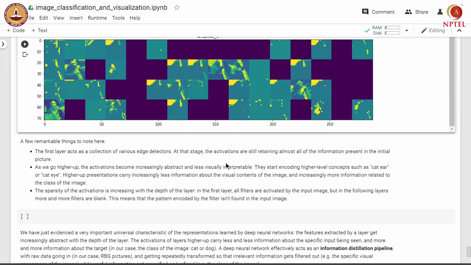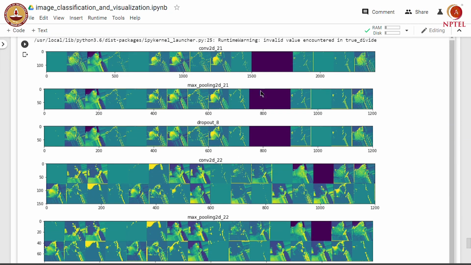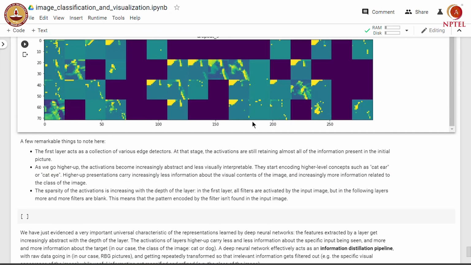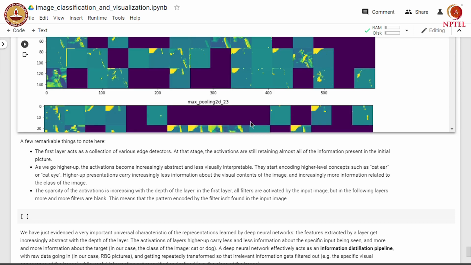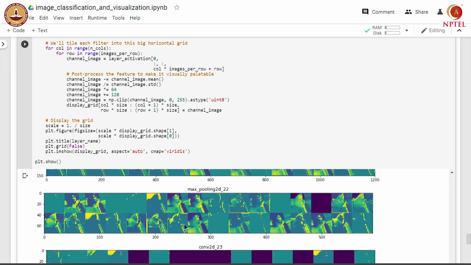There are a few remarkable things to note here. The first layer acts as a collection of various edge detectors. At that stage, the activations are still retaining almost all the information present in the initial picture. You can see that a lot of features from the input are being preserved.